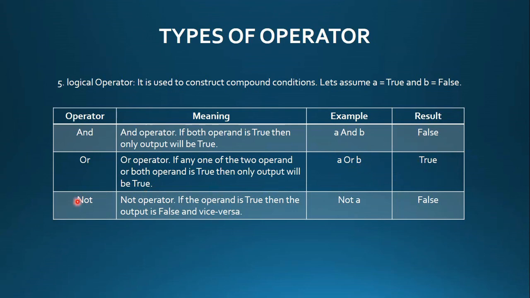Okay. The last one is NOT operator. This is unary operator. It acts on only one operand. The previous two act on two operands. Okay. And what does NOT operator return? True when operand is false and vice versa. Okay. Here value of A is true, then it will negate it. That means the result will be false.